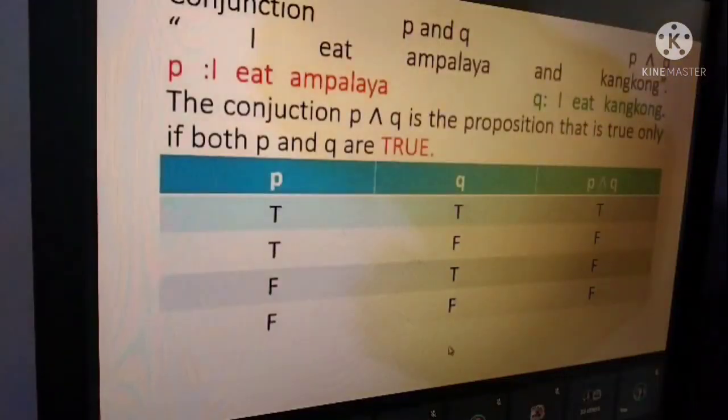So, kaya yun ang reason natin, no? Kumakain ng ampalaya at kangkong, kaya yan ang dahilan natin kaya false. Na-explain ko naman in detail yun, di ba? Okay. Dito,